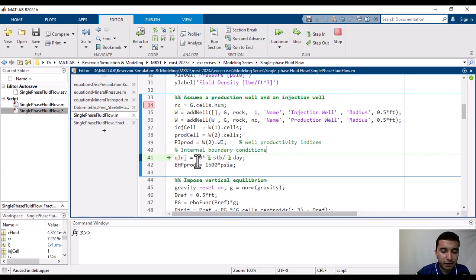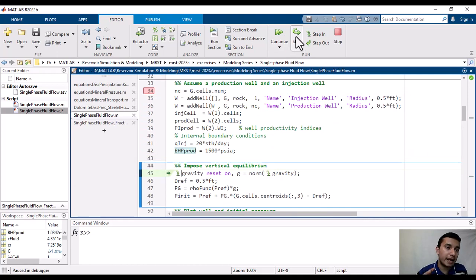here I have specified the injection flow rate, which is 20 stock tank barrels per day, and this is the bottom hole pressure of the production well. All right, so I don't have the flow rate of the production well. I have the bottom hole pressure. So how can I calculate actually the flow rate of the production well? I need to use actually